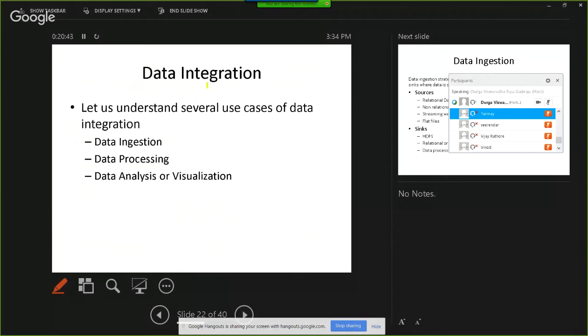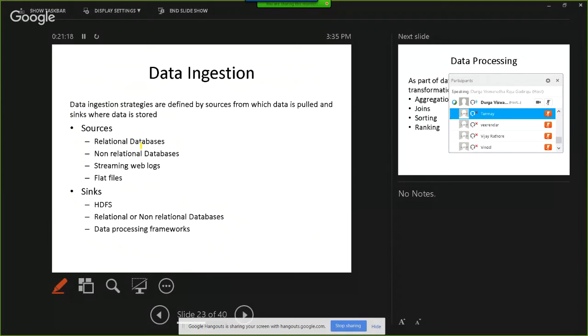So now we are talking about data ingestion. Typically, your Hadoop-based system is a downstream application, and you have to get data from different sources. Let us understand. I'm talking about data integration, not just data ingestion. If you break down data integration into multiple pieces, you have to do data ingestion, which means you just get the data from the source systems without much modification and load into downstream databases, and then you do data processing on top of it, and then you can do data analysis or visualization.